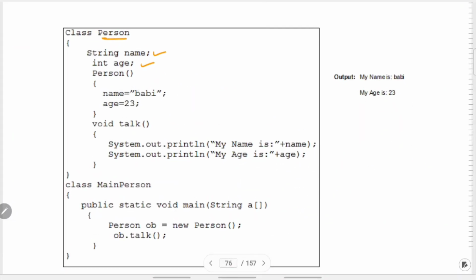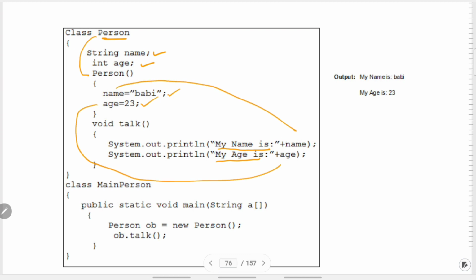This name and this name must be same. Name is some string value, age is some numerical value, and we are taking talk. So printing of my name is so and so, my age is so and so, with this name value and this age value. After that, public static void main, person ob equal to new person. This is the way we create the object, and then we call the talk method.